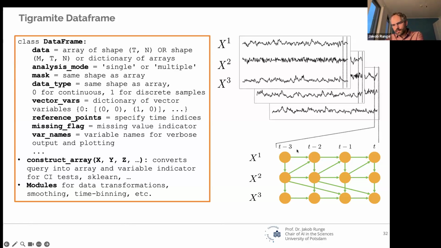Instead of having three nodes, you form a new node covering both of these. And then you run causal discovery with a suitable independence test that deals with vector valued or multivariate x, y, z. And that is a way to deal with synergistic data.